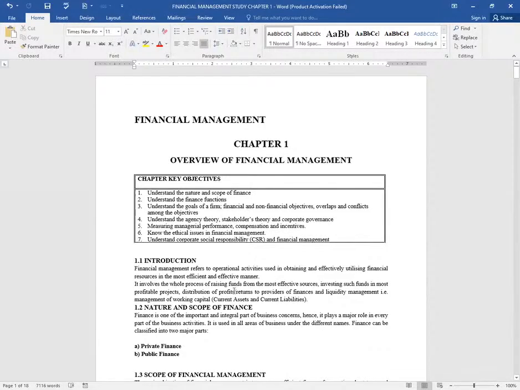It involves the whole process of raising funds from the most effective sources, investing such funds in the most profitable projects, and distributing the profits or returns to providers of finance, ladies and gentlemen, in the name of dividends. That is one of the roles of this subject called FM, or one of the roles of a finance manager: to decide on the amount of dividends which will be distributed from the year's